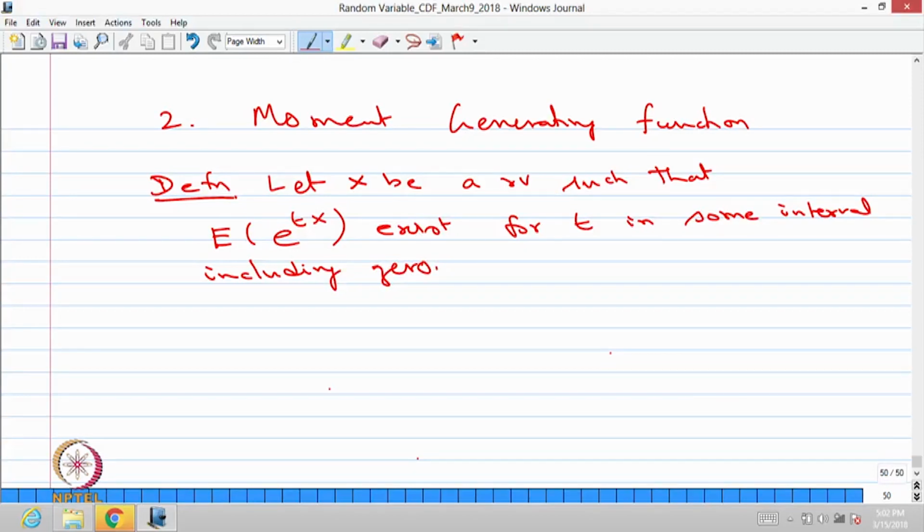So, as long as the expectation of e power t x exists for t in some interval which includes 0,